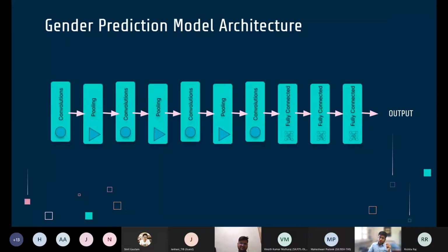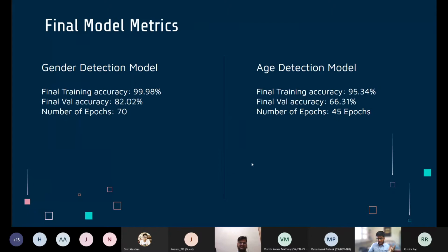Move ahead. We had the gender prediction model, again a custom CNN model. The architecture is present here. Next slide. The results for these two models are given here. Both of them had these accuracies in the training and